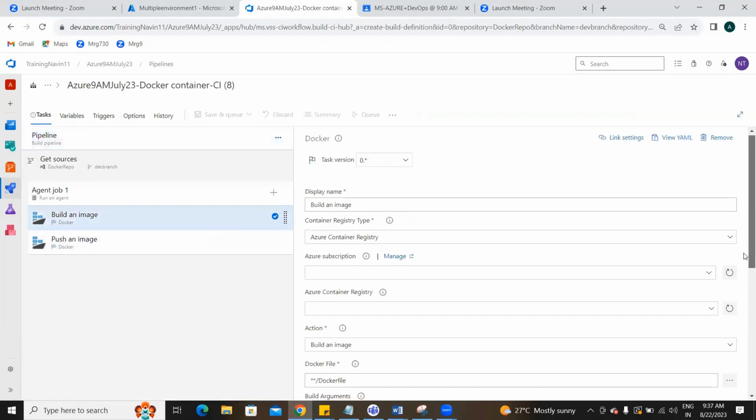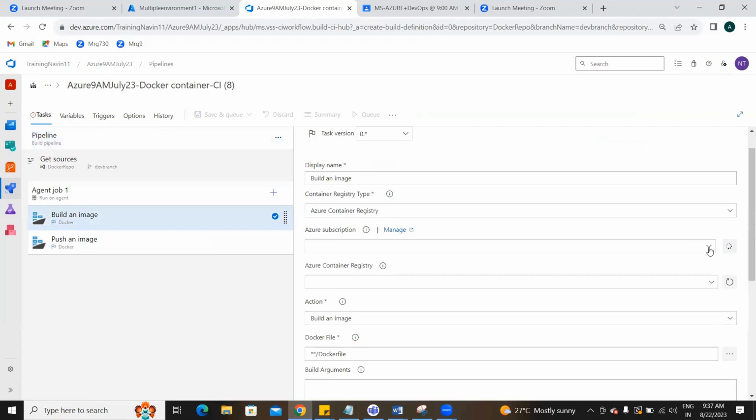What is the image here? Subscription. Okay, so the subscription we gave yesterday, right? New service connection. Okay, container registry, refresh it first.